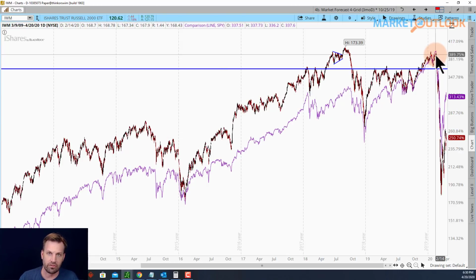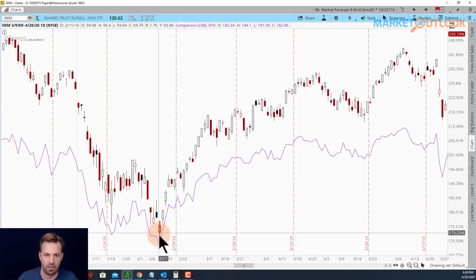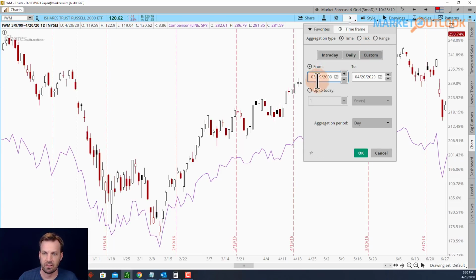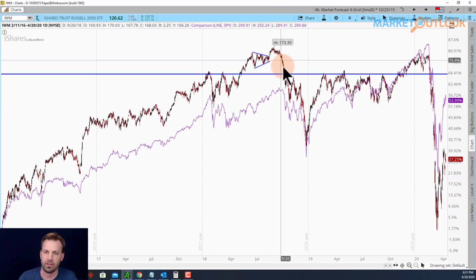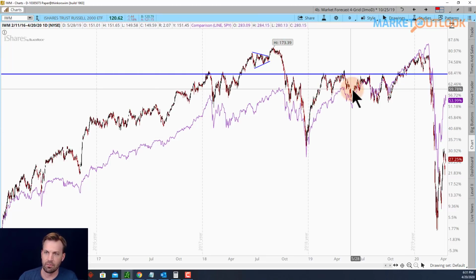If you thought that was such an extreme move, look at that, right? And if I were to change this to this low point, was it February the 11th of 2016, it gets even more drastic. February 11 of 2016 up until now, good returns on the small caps, exactly what you expect in a bullish environment. Selling off, it's exactly what you'd expect. A bounce up, but you notice